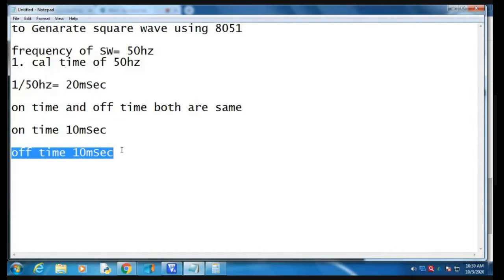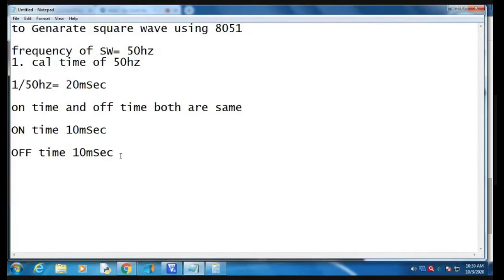This is the on time and this is the off time for the square wave.